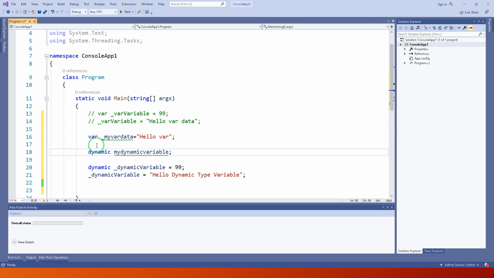In dynamic type we can either declare the variable or initialize the variable. In both conditions it will work fine, but in the case of var, it is compulsory to assign the value. This is the difference between var and dynamic.